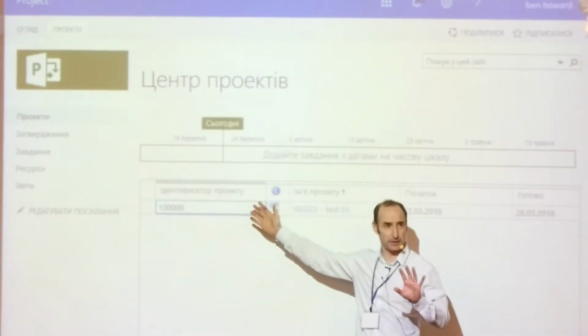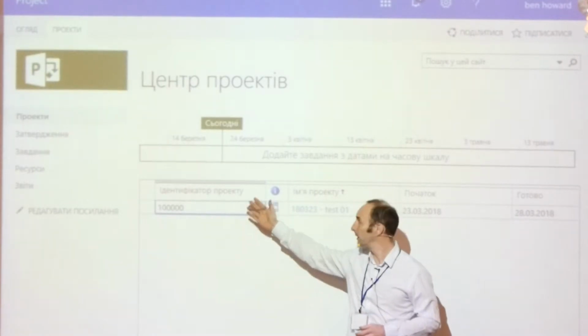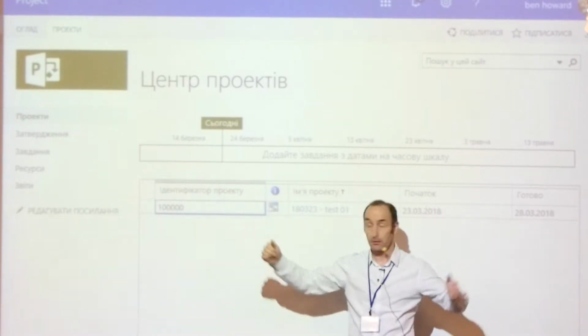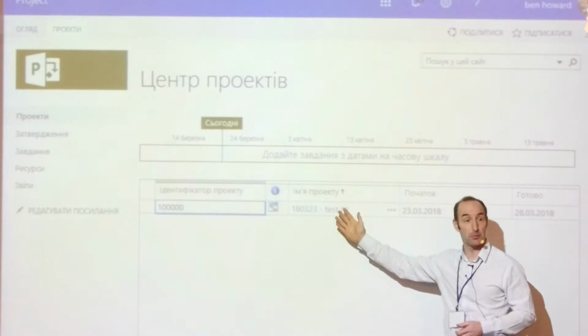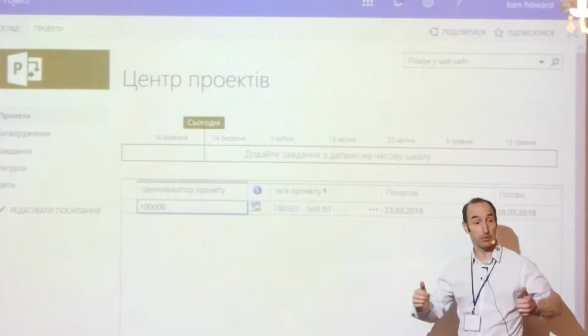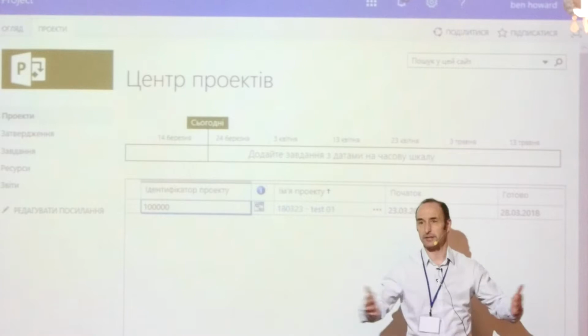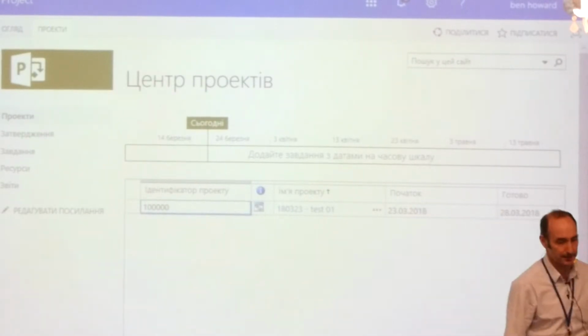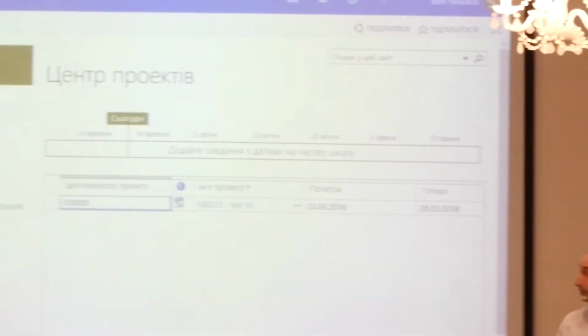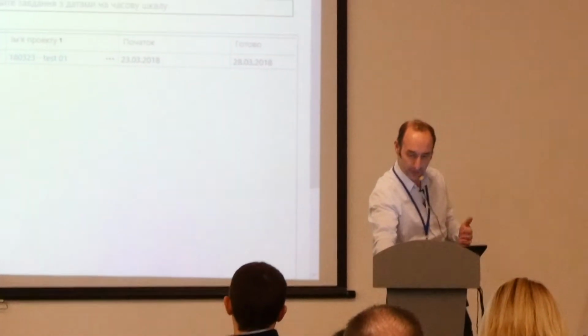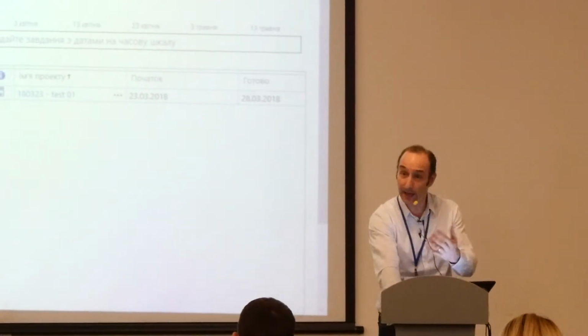That translates, I'll tell you how good at Ukrainian I am. Project ID, yeah? Yeah, great. Project name? Yeah, great. Start date? Yeah. Finish date? I don't know what this issue about language is. It's all that easy. This will say project center or something similar, I'm sure. Okay, so I have a Ukrainian